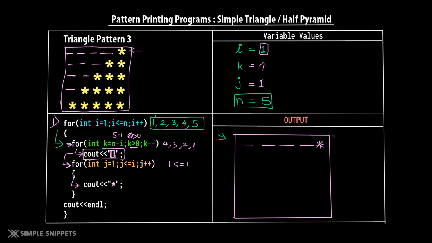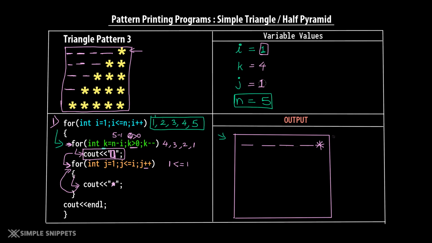Now this star of course can be any other character also, right? It can be 8, it can be 1, it can be any other character from your keyboard. So it's not necessary that it has to be star. Alright, but I hope you got how this for loop printed the star one time. Now, of course, we have only one statement inside this for loop. So we will again come at the start of the for loop and we will say j++.